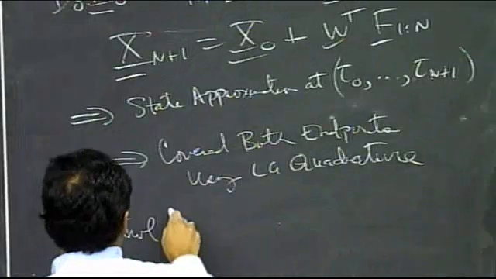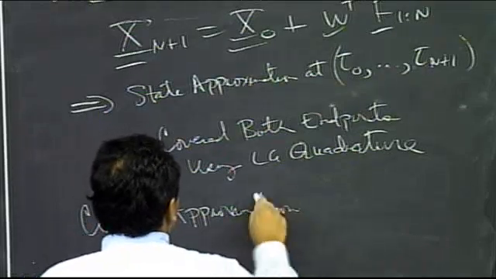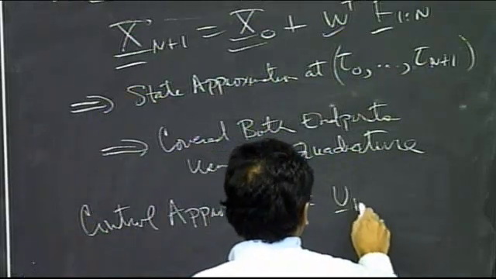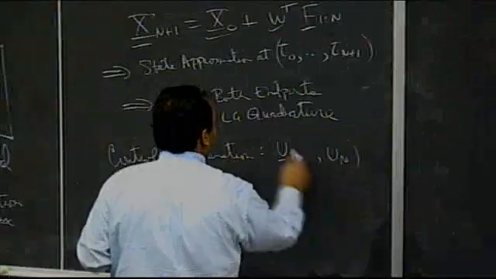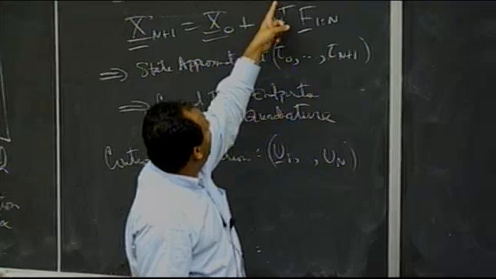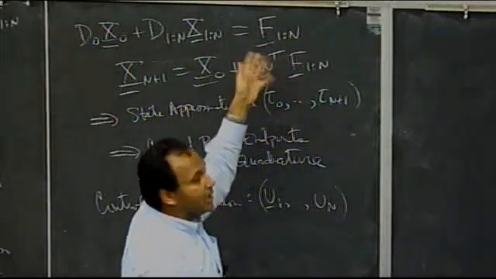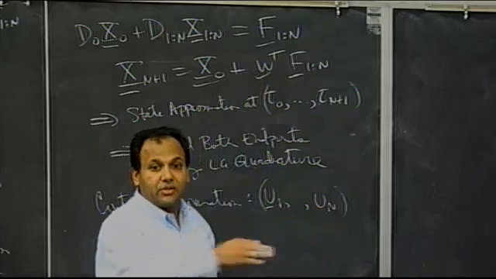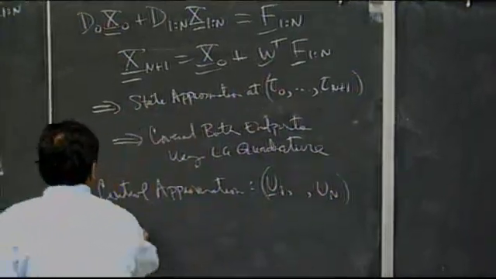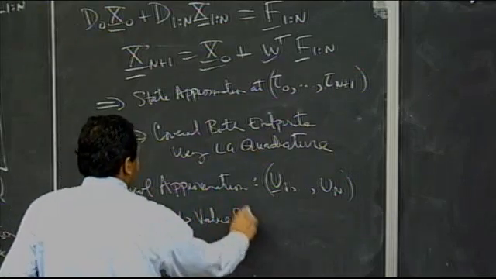Where's the control approximated? I'm almost done. The control approximation is done at these points, u1 all the way up to un. There is no control approximation at the initial point, right? Because f is being evaluated from 1 to n. So I'm never evaluating this right-hand side at any points other than the first to the last Gauss point. So that means there's no value of the control